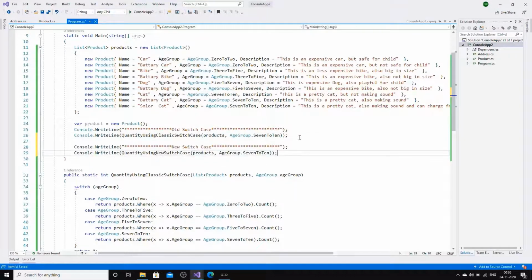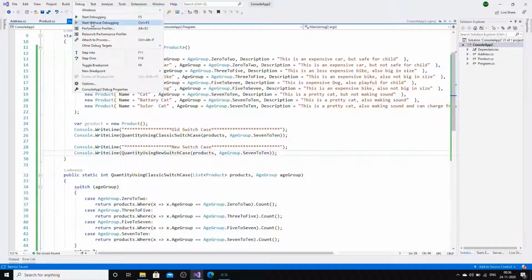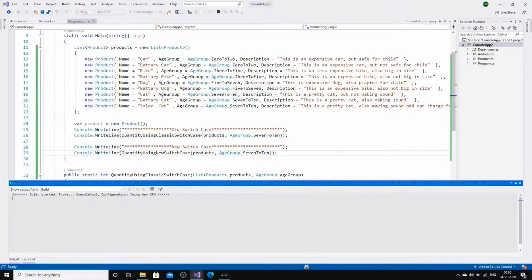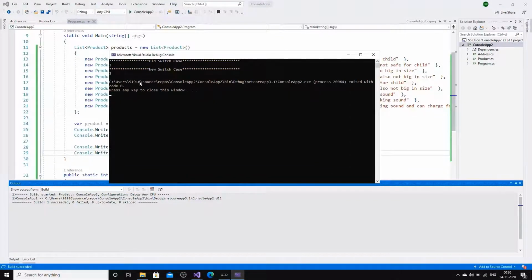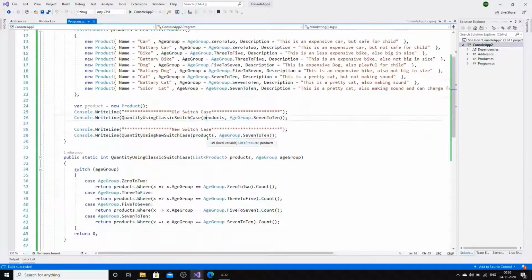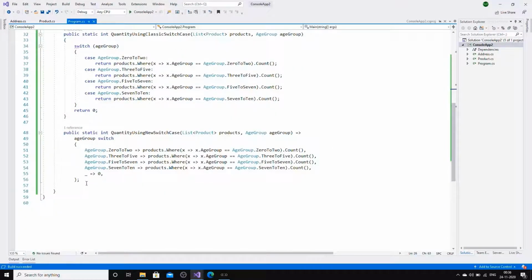I will also call this function from the main function so that I can see the value. Here you can see the difference between the classic way of using switch case and the new way of writing switch case.